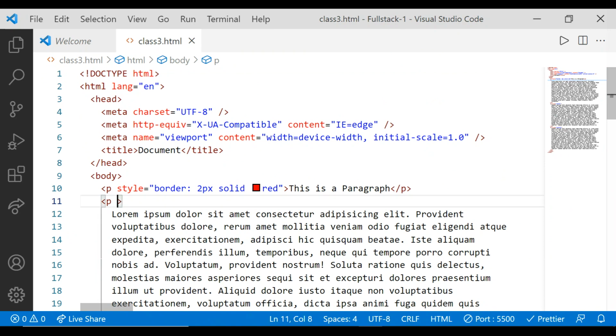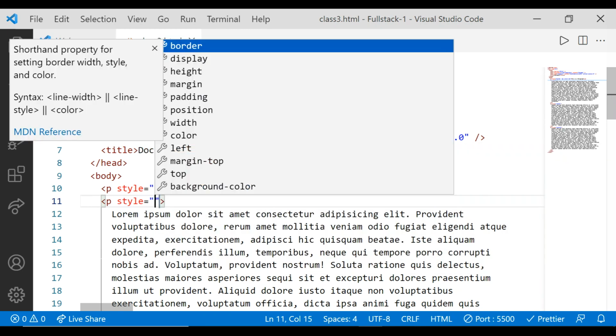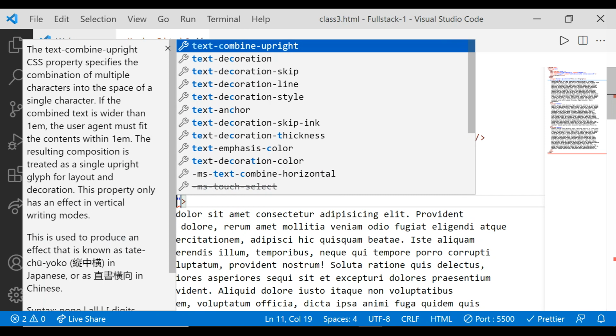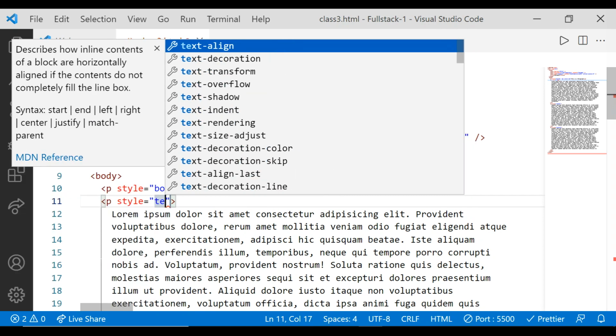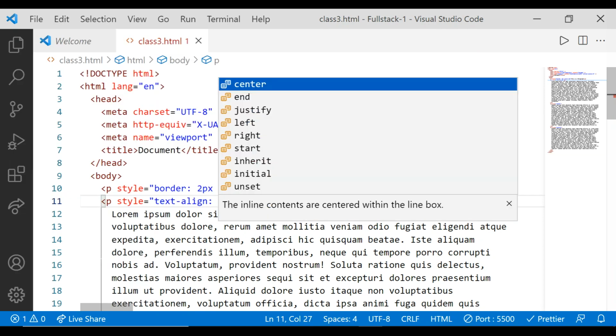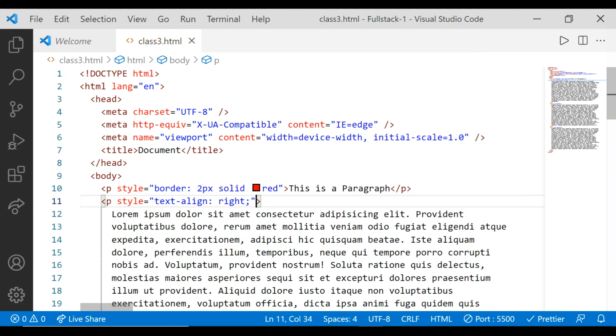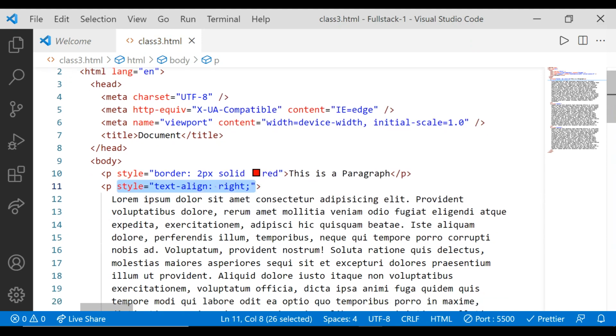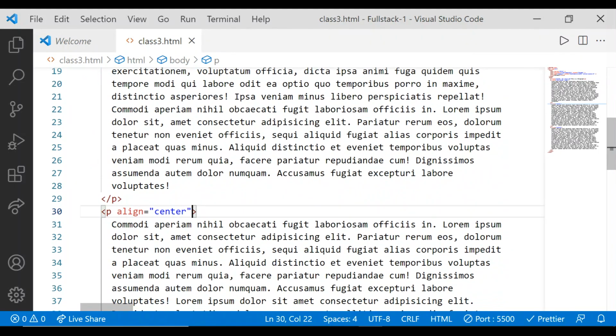Instead of this we will make our alignment using the style attribute. हम CSS से करेंगे. तो CSS के अंदर हमारी जो प्रॉपर्टी होती है that is called text-align, and again you can set it to right. आप इसको right align कर सकते हो, and second वाले को मैं center align कर देता हूँ, so you can set it as center.